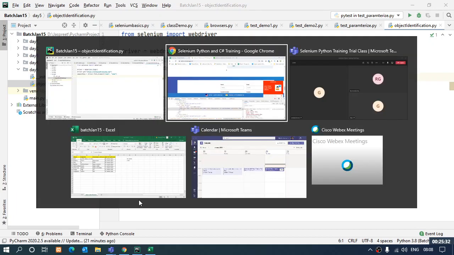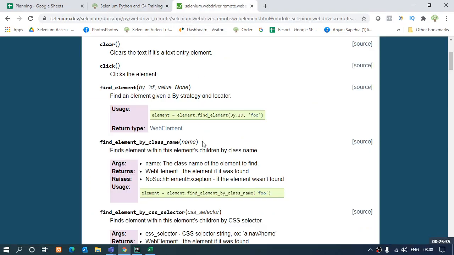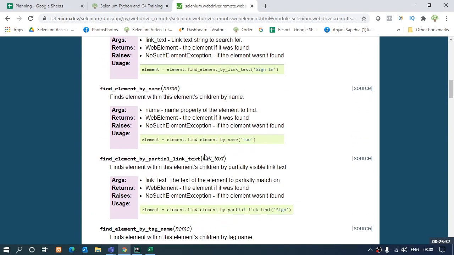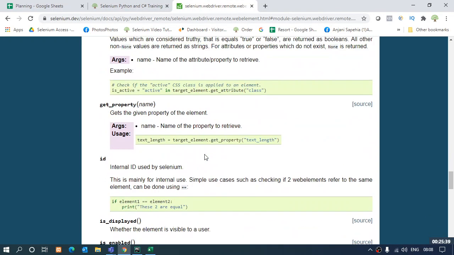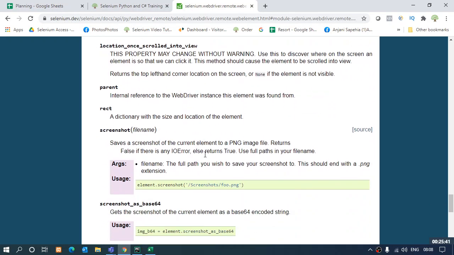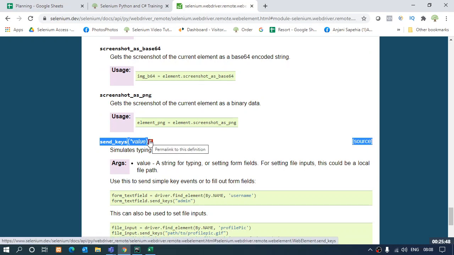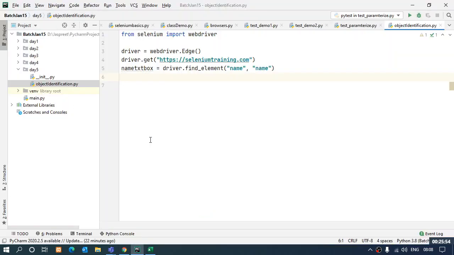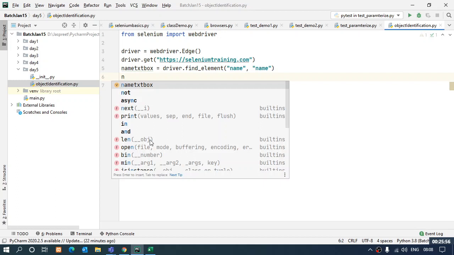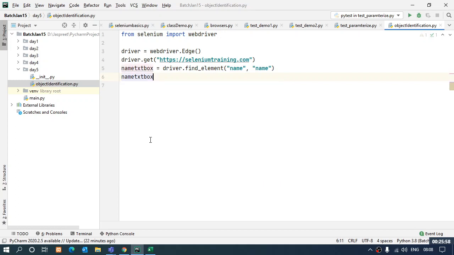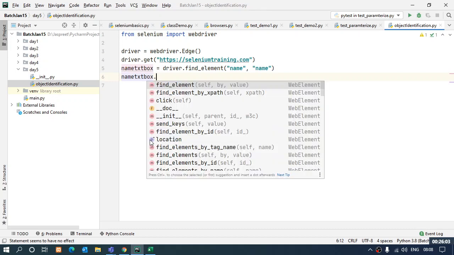So to send some text inside some text box, we have a function that is the send keys function. You'll get that on the URL over here, send keys. And to this send keys, you have to pass one parameter, that is the value which you want to send to this function, right? So I'll use that variable in which I have stored the element, and I'll say name text box, the variable dot